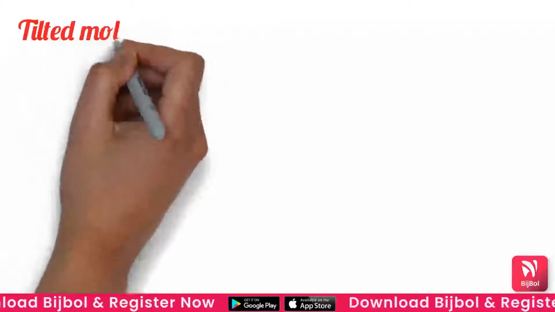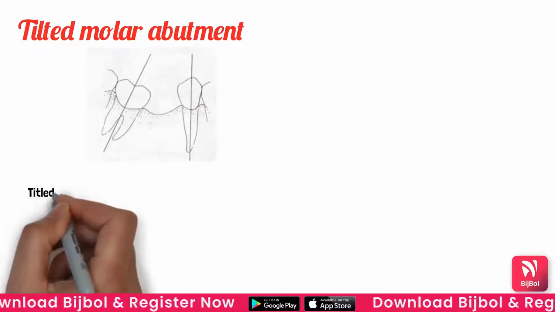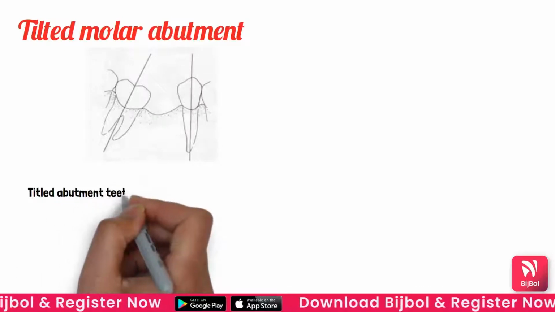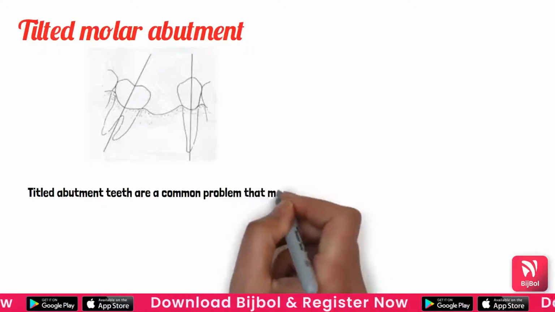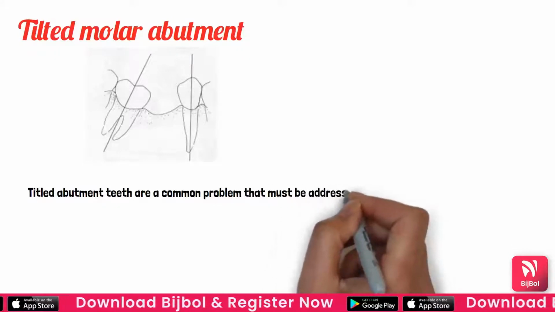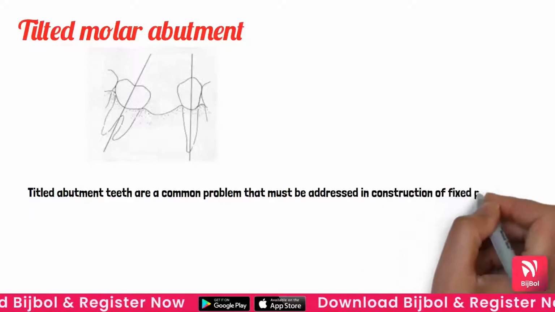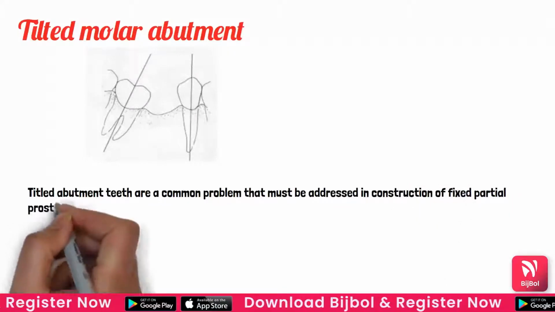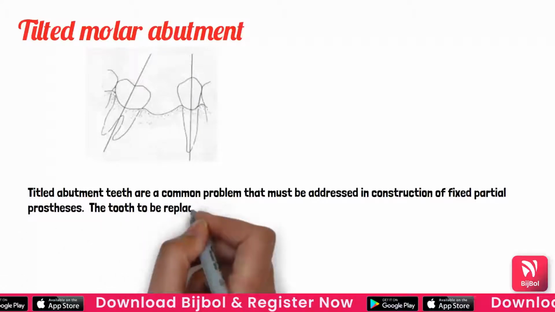Now let us look at the biomechanics in tilted molar scenarios. When you have a tilted molar abutment to be taken as support for your fixed partial denture, there are many things we have to consider, because sometimes your first molar is missing and the second molar drifts into the first molar space, wherein it becomes tilted. In a tilted molar scenario, it is not parallel to the premolar, and we want the FPD to have only one path of insertion, because FPDs cannot be inserted in multiple paths of insertion as they are a joint unit. So it has to have one path of insertion.